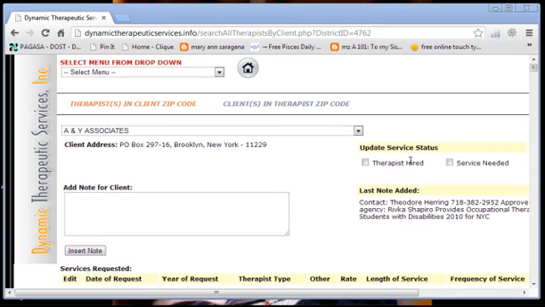So there we go, convenient ways of viewing the therapists based on the locations